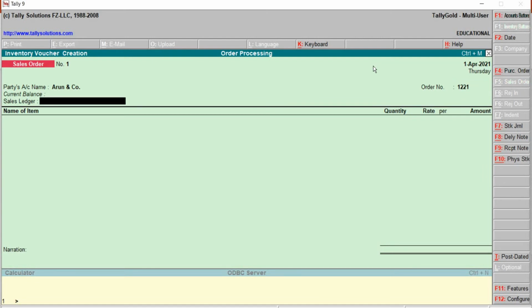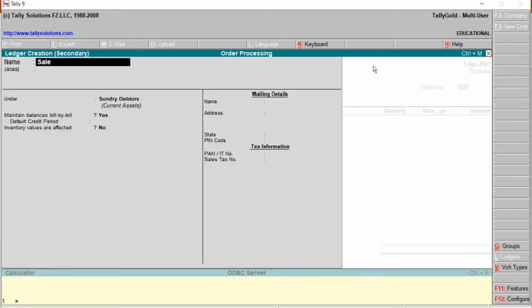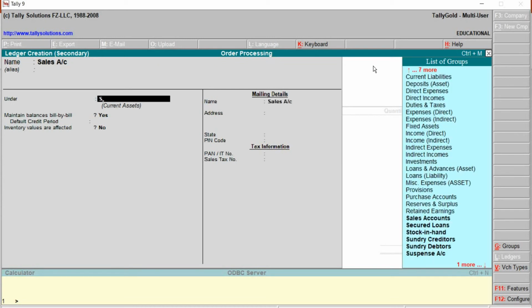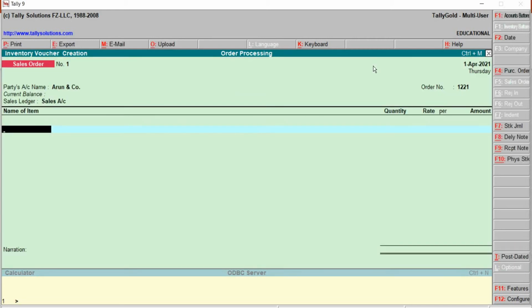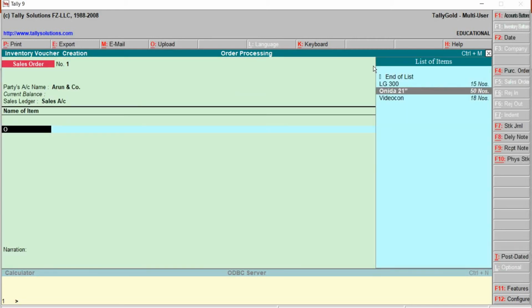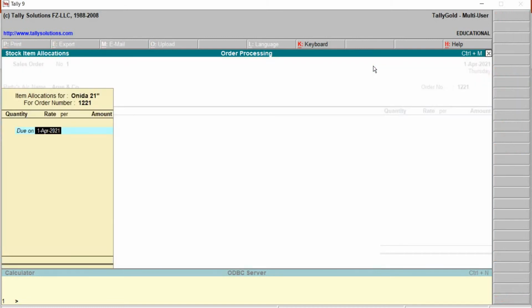Sales account has to be created. Alt C to create. And this has to be allocated under the group sales account. Later save. Name of the item is what? Onida 21 inches. Due is on what? 1st of May.